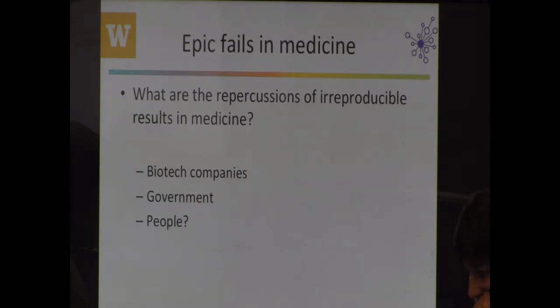And then I had a really interesting reaction when I did this lecture for some folks in medicine. They had this order reversed. So for them, it was the people, right? Their biggest concern was not so much that biotech companies lost some money, or even that government grant money wasn't perfectly used. It was that there were potentially patients that died, right? Because there was a drug that could have been brought to market had the science been done correctly, but they weren't able to get that drug. Or, flip that around, that they were treated with a drug that actually wasn't efficacious because the study wasn't done properly.